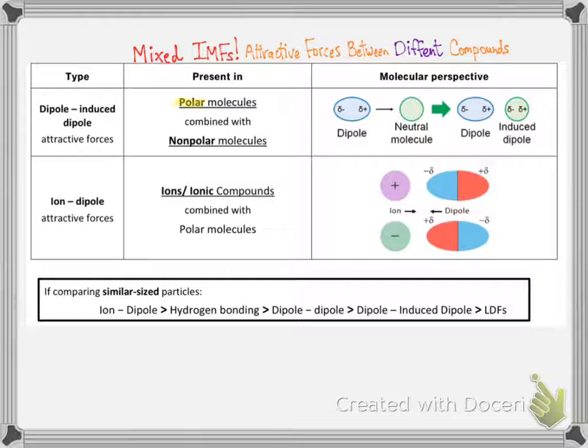So if you have something polar, that means it has a permanent dipole. If that's sitting next to something that is nonpolar, nonpolar things, of course, don't have a permanent dipole, so it's neutral. However, just the fact that you're sitting next to a permanent dipole creates what we call an induced dipole, a temporary little dipole in your neutral molecule. Because if you have a partial positive, the electrons in that neutral molecule will be attracted to it, making one side partially negative and the other side partially positive. So it is induced by the presence of the permanent dipole.